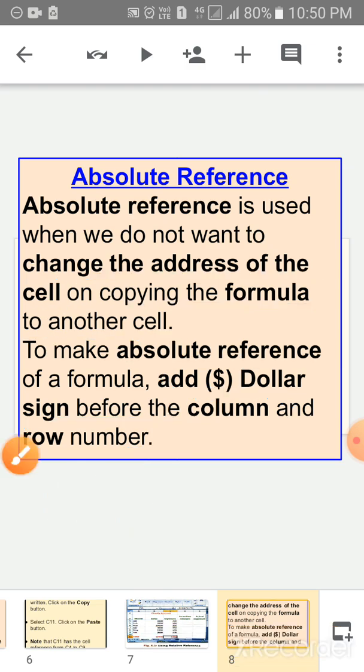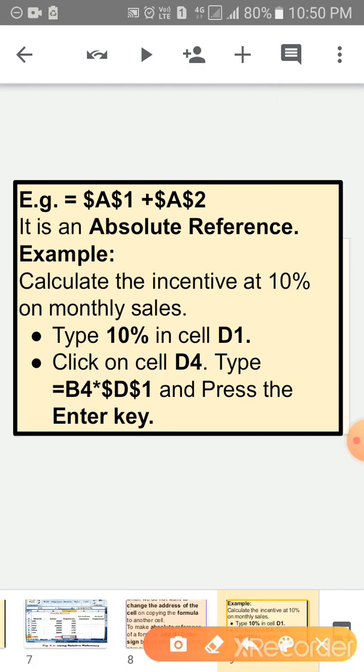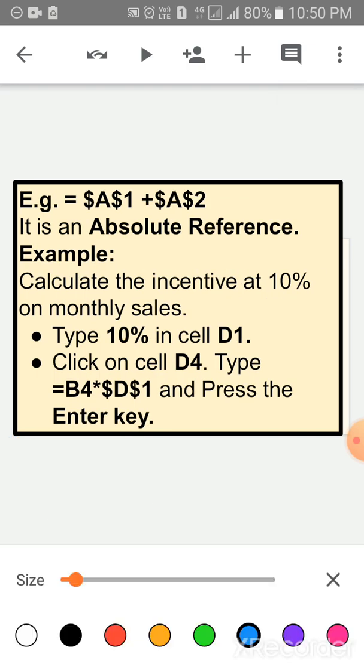Now children, I have given an example here. This A is a column and this one is the row.